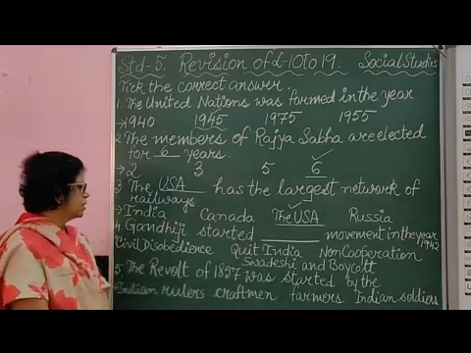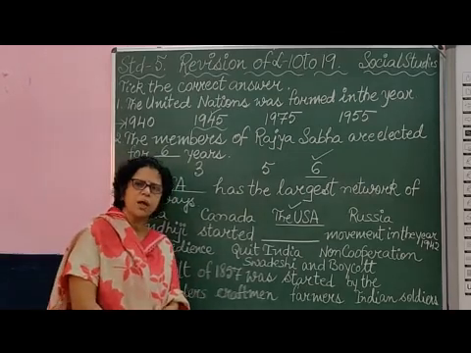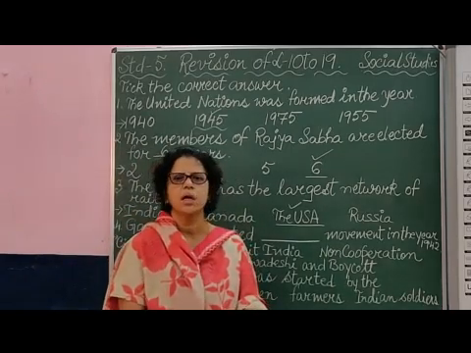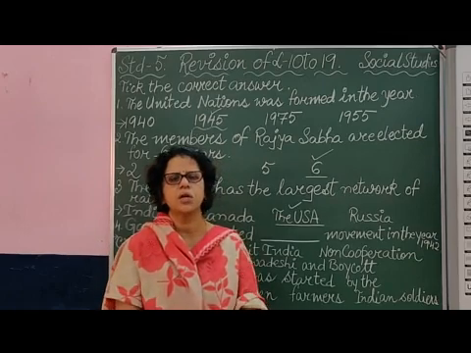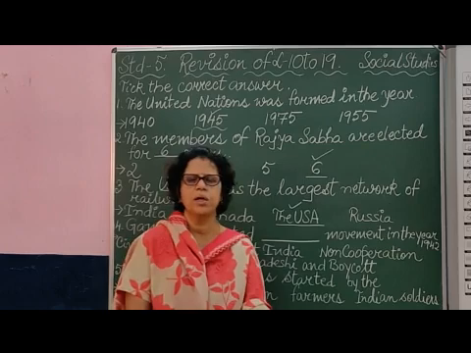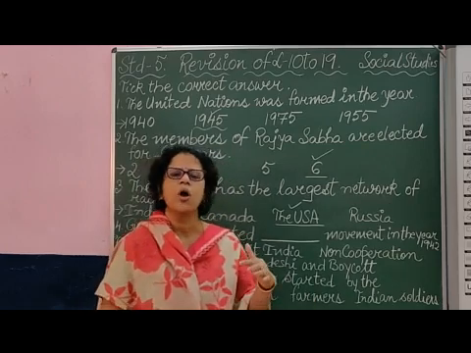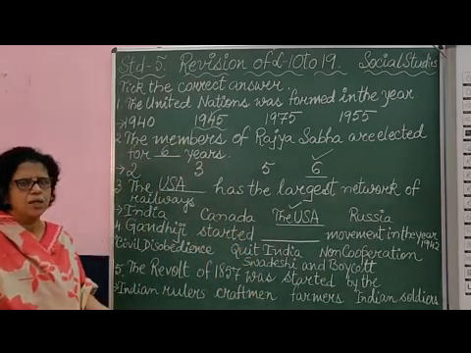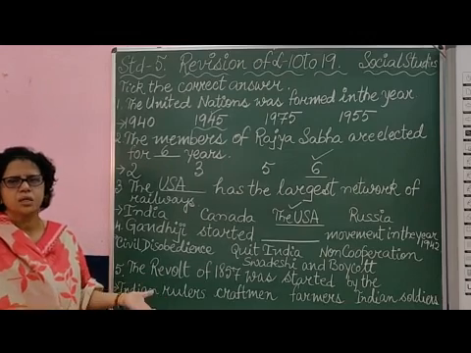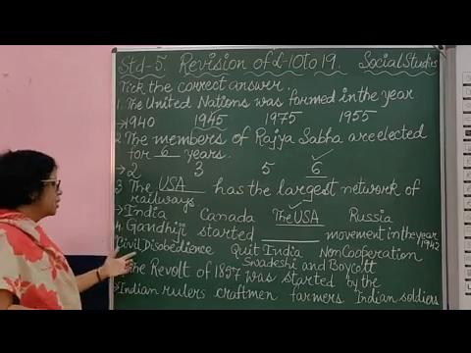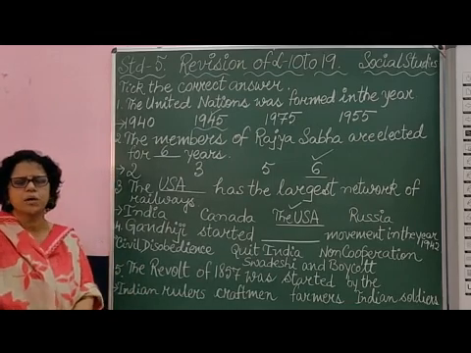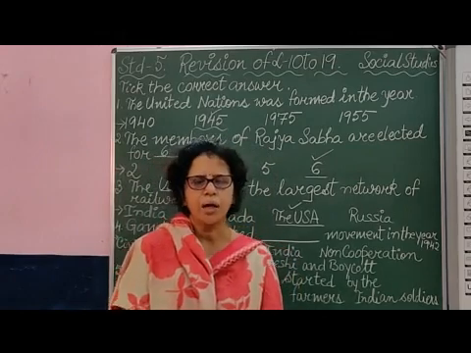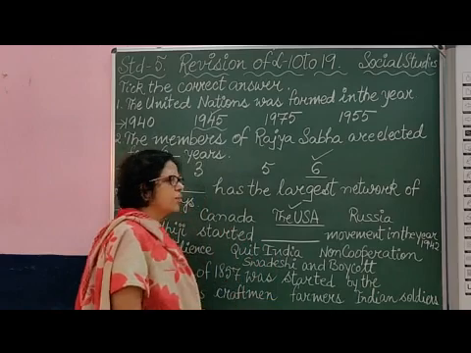Okay, and you know that the non-cooperation movement was started by Gandhiji, and it was a peaceful movement, but after this Chauri Chaura incident, Gandhiji called back this movement, and he said to stop the movement, because he always followed the path of non-violence, means without any violence. His principles were Satyagraha, truth and non-violence. And the civil disobedience movement was also started by Gandhiji, and in that he also took up the Dandi March, but it is not that, children.